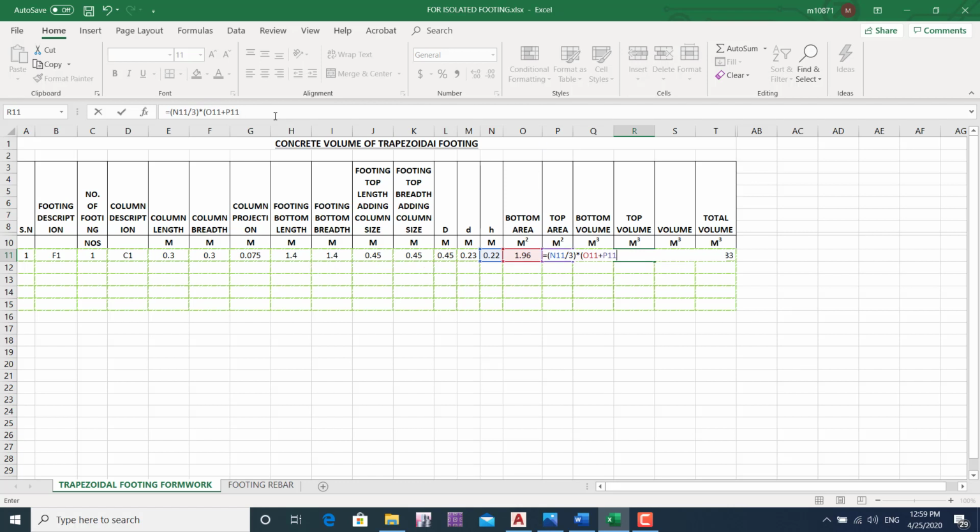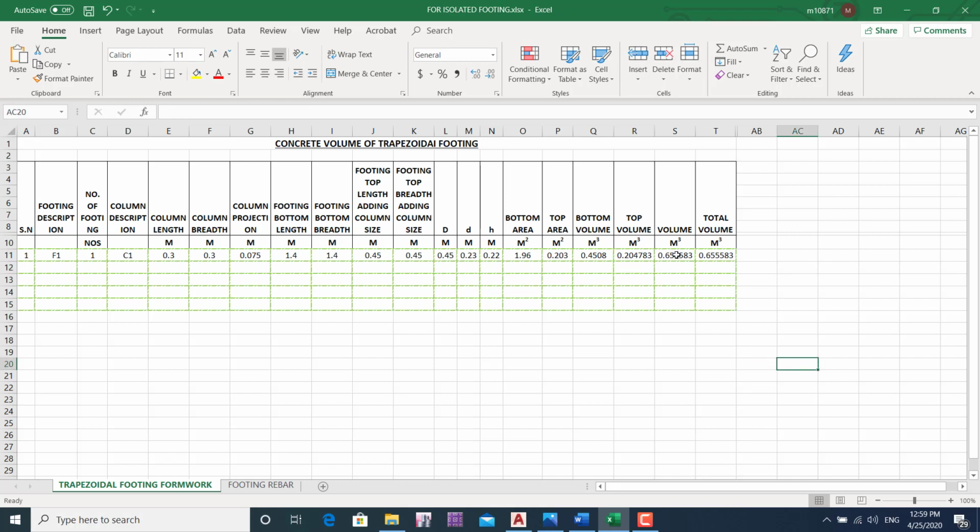Bottom area plus top area plus square root, SQRT, which simply denotes the formula in MS Excel, square root of bottom area into top area. Bottom area into top area, which we will give as P11. We give bracket close. Now we have got the top volume also.